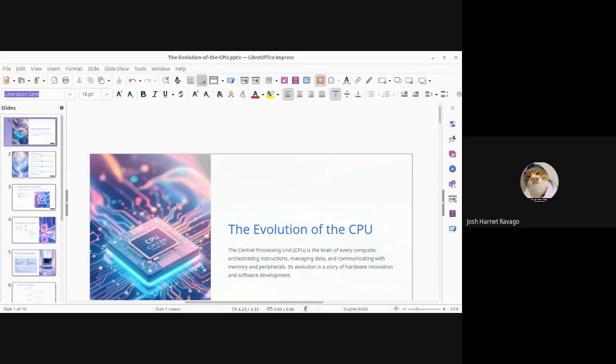Pipeline, as I've mentioned before, divides instruction execution into a sequence of stages, such as fetch, decode, execute, memory, and write back, allowing multiple instructions to be processed simultaneously at different stages, increasing instruction throughput without increasing clock speed,